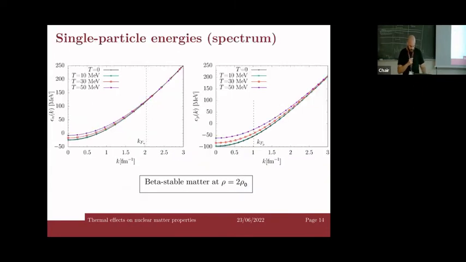After the family distributions, we can take a look at the single particle energies, because they are the second most important building block of our system, containing the information about the energy of these single particles. As I told you, for neutrons the effects of temperature, the deviations with respect to the zero temperature case, are much smaller than for protons. This is related to the fact that neutrons are more degenerate than protons.